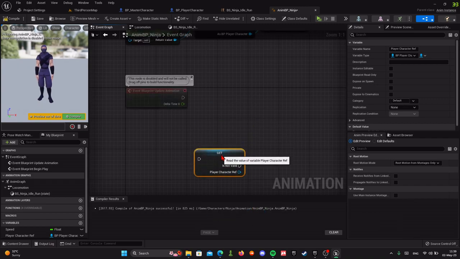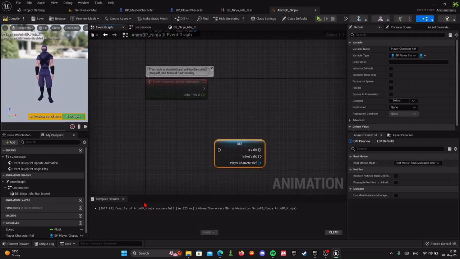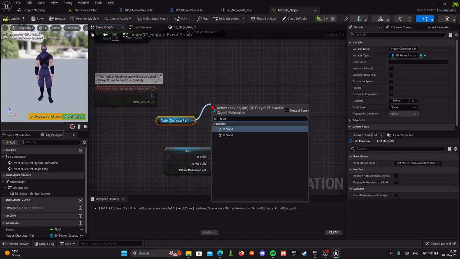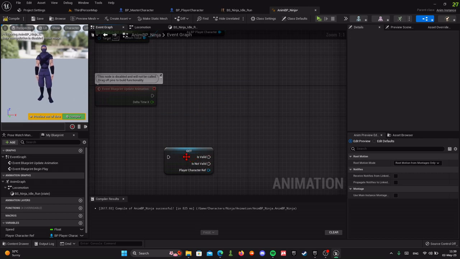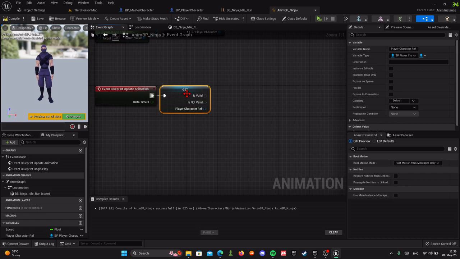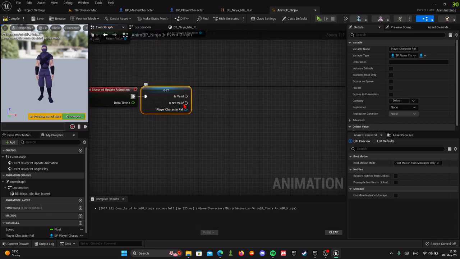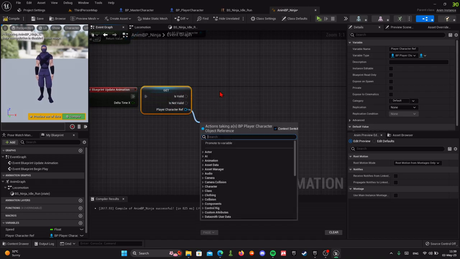It's basically like implementing an is valid next to it. If I was to do it like this, get this value and then connect an is valid node next to it, and then this execution pin will become this one, is valid will become this one, is not valid will become this one, and then I can further process all of this. But it is two nodes, so for faster working we can simply convert it to a validated get. Okay, and now we have this, and on is valid, what I want to do is get velocity